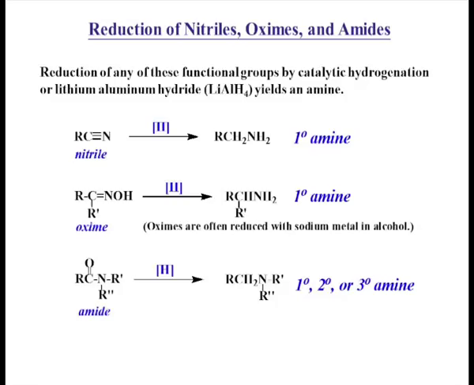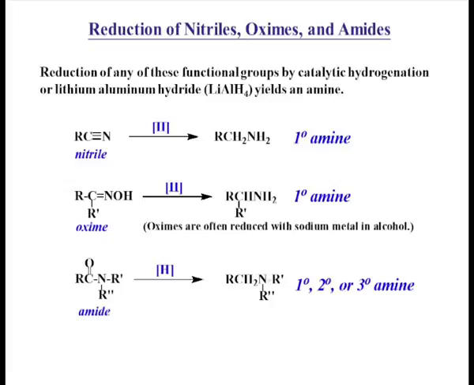If you want to make an amine from a nitrile, RC triple bond N, how can you do that? Basically, the nitrile is this and the amine is RCH2NH2. What is the difference here? The triple bond has been reduced to a single bond and 2 hydrogens have been added, one to the carbon and one to the nitrogen atom. That means 2 hydrogens are added to the triple bond to convert C triple bond N to CH2NH2, that is a primary amine or 1 degree amine. So, that process will be called hydrogen addition or reduction.